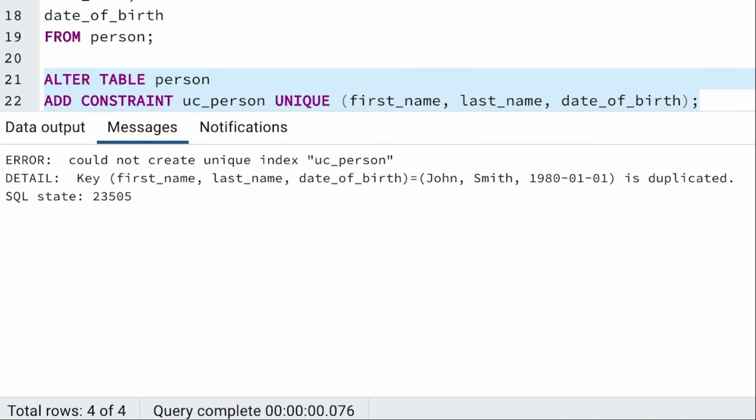If you get an error when you add this constraint, it's likely because there is data already in your table that violates the constraint. You can't add a unique constraint to a table that has non-unique data in it. We can see this error here, which happens because we have two John Smith records with the same birth date. There is a way to create a constraint but have it turned off or disabled. You could do that, but then you would need to turn on the constraint. In either case, you would need to update the data first before adding the constraint or remove the duplicate rows.